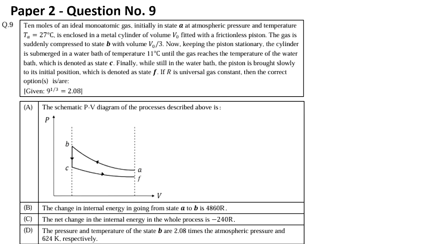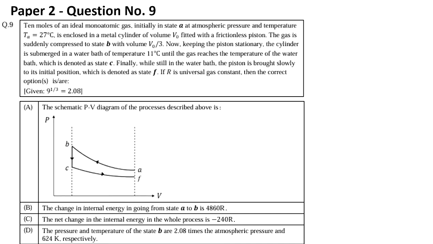isochoric process. Finally, while still in a water bath, the piston is brought slowly to its initial position. From that statement, we can understand that as it is being brought slowly, it is an isothermal process. And the final temperature must be the temperature of the water bath, that is 11 degrees Celsius. If R is the universal gas constant, then the correct options are: